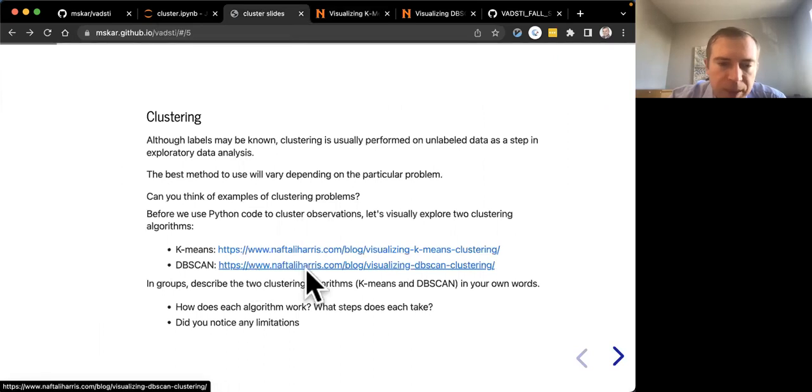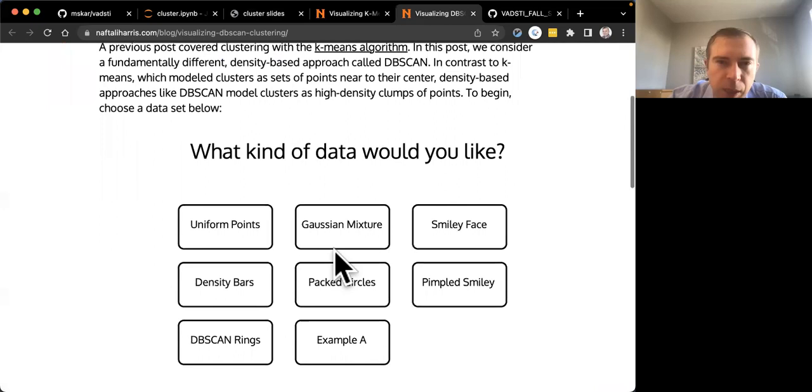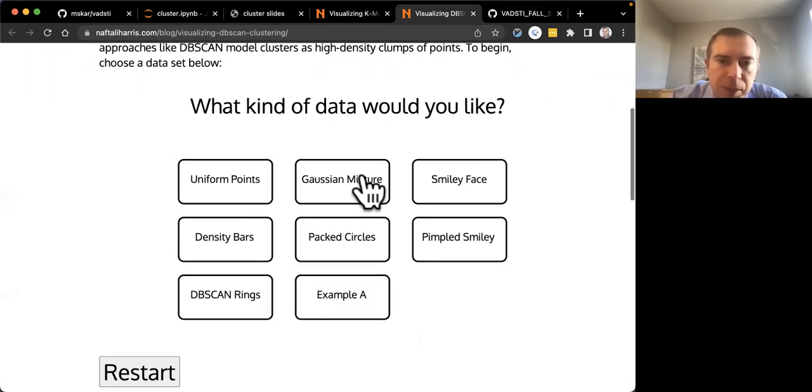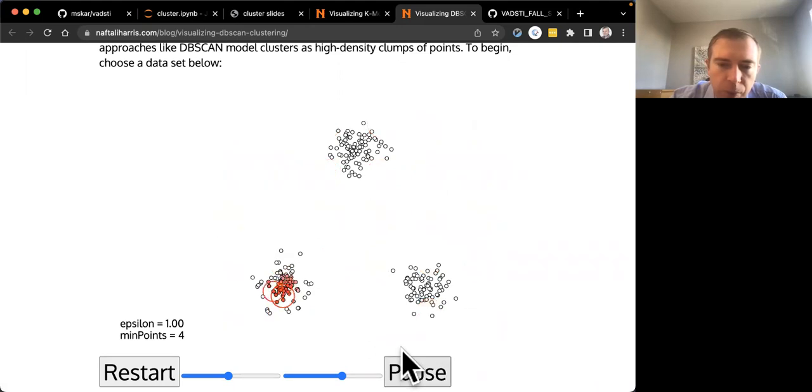So this other one, dbScan, okay? All right, so here for this, we don't have to pick how many clusters, right? We just let the algorithm go, all right? Let's look at dbScan in this Gaussian mixture, okay? Let's keep the default and just hit go, all right? So you see the algorithm working. It's basically building a cluster by seeing what's nearby,